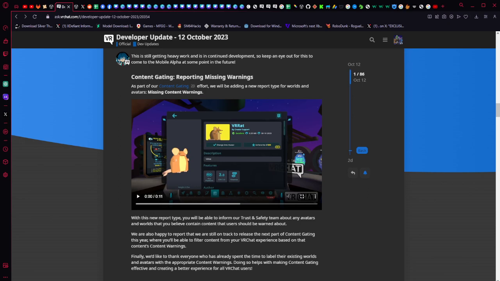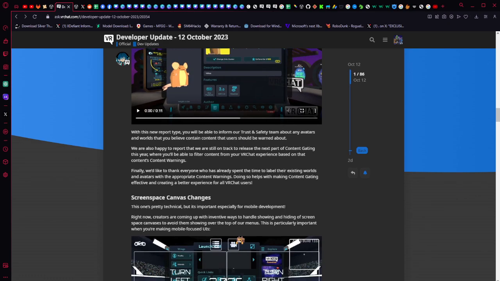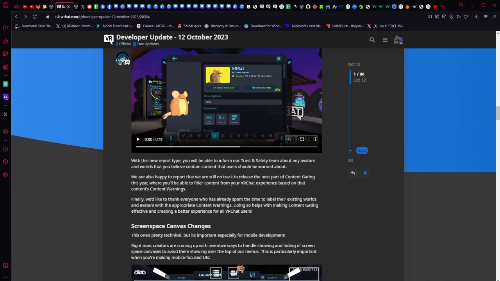If it gets reported for incorrect content gating labels, they will help you out though. This is to make sure that other people can filter out different worlds based on tags, and those tags are based on the content warning.